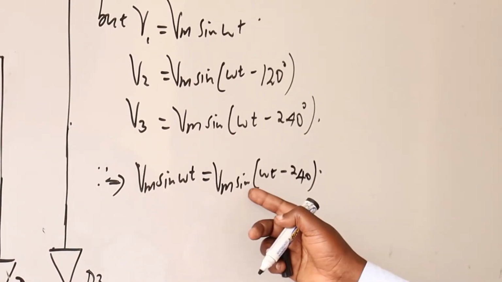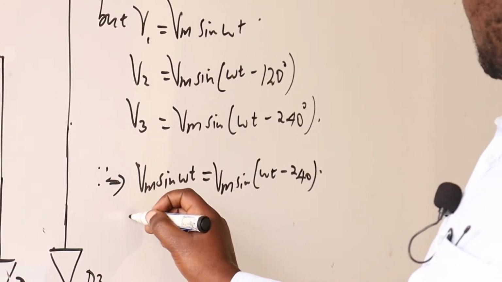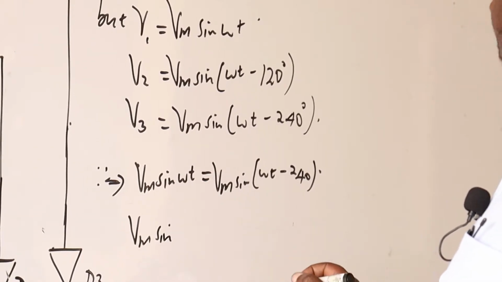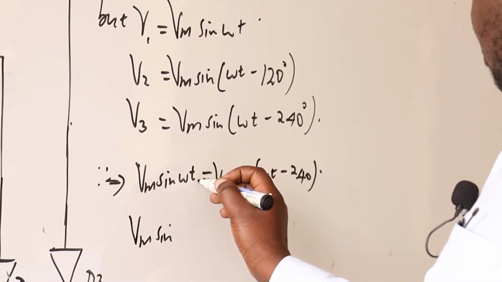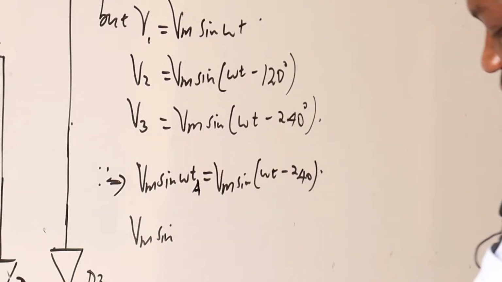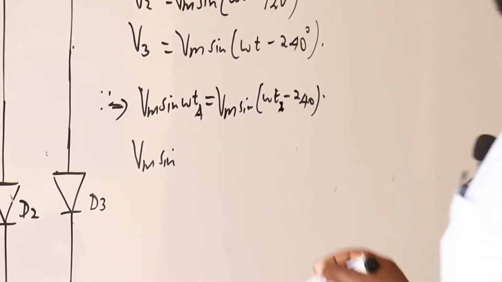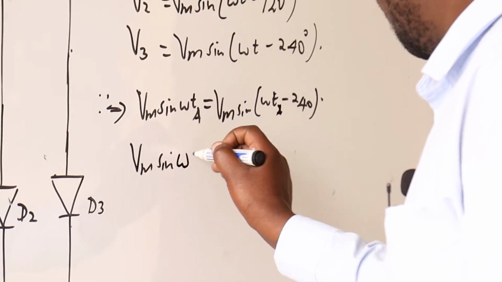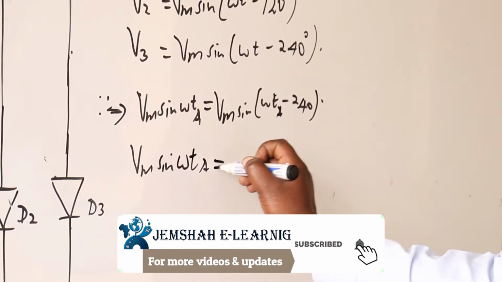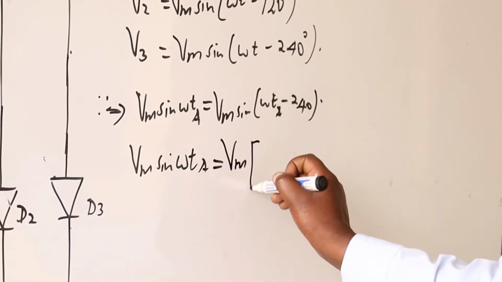So we can expand this using the compound angle formula. Maybe I can use a subscript A to show that it is at point A. So Vm sine omega t at point A will be equal to Vm, and if I expand this, I will have